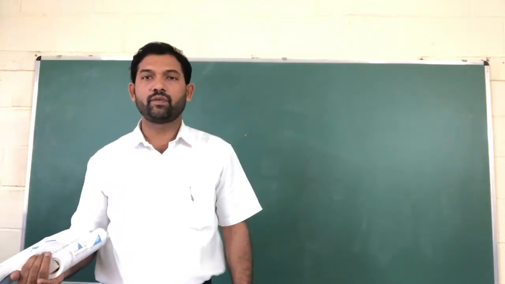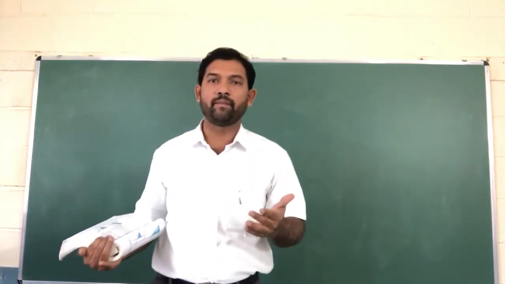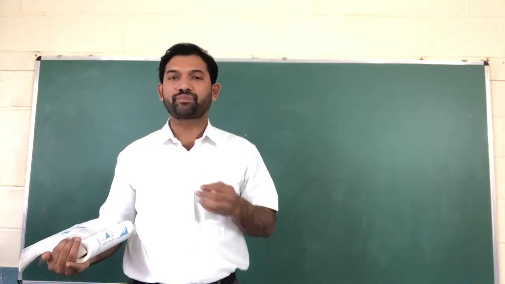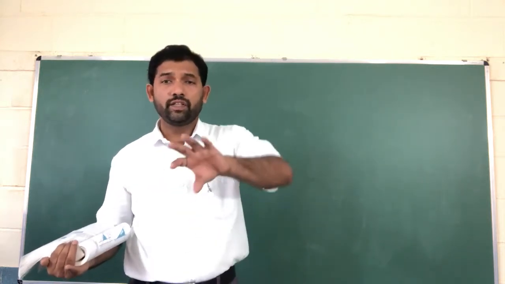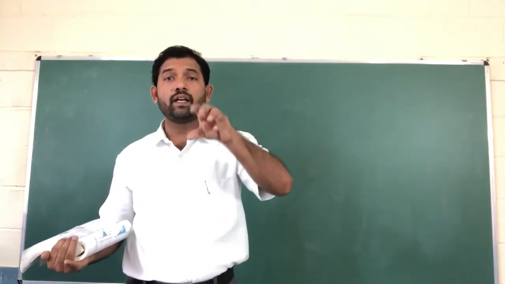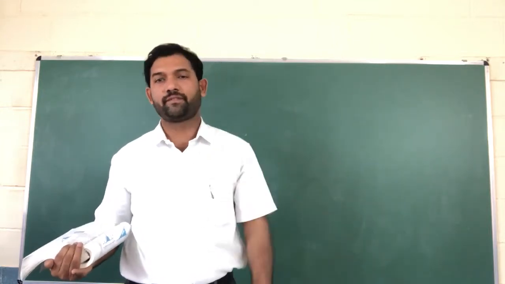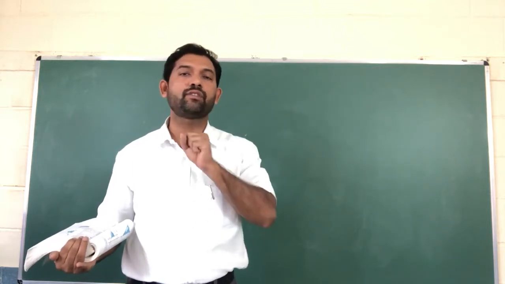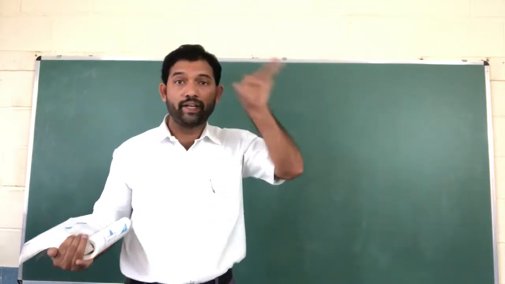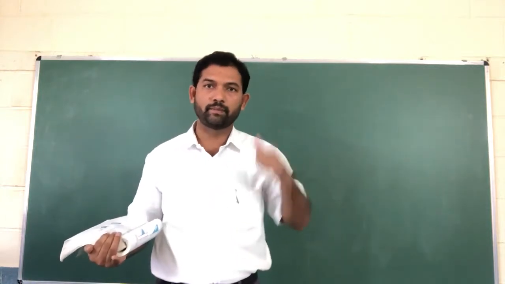Understand? Listen once again. When two or three inequalities are given, how do we find the solution? All of these inequalities intersect in one area. The intersecting area is what you have to shade. That is your solution set. How we shade and how we identify it, I will explain now.